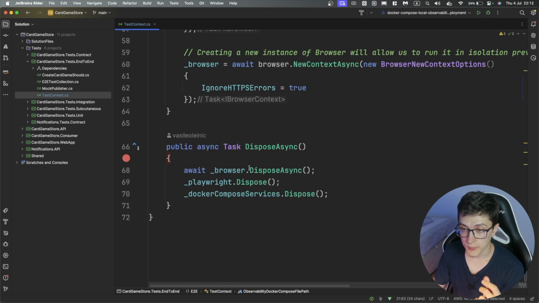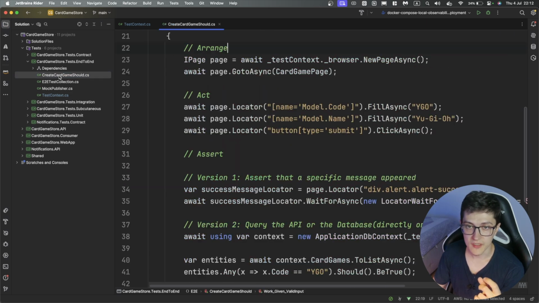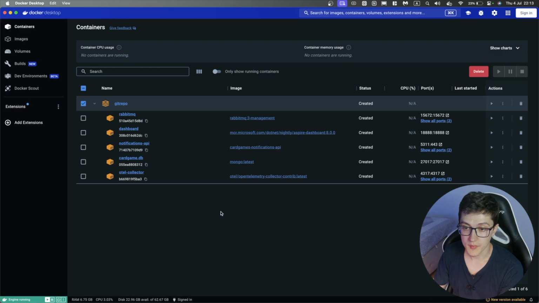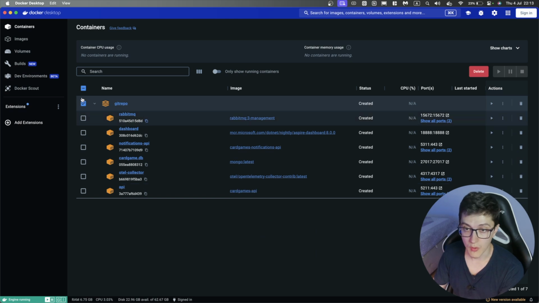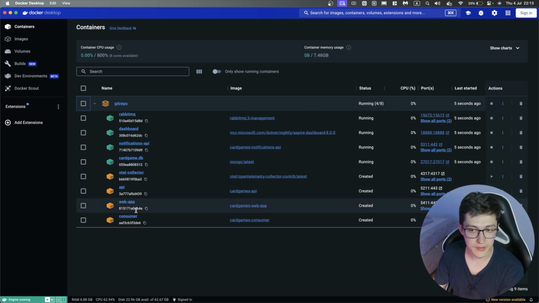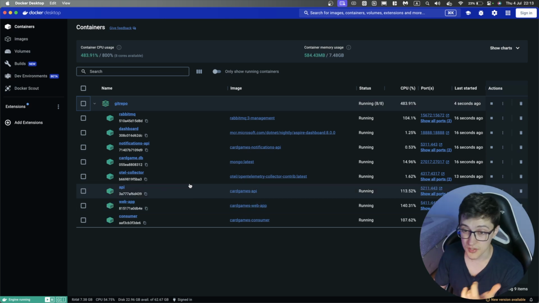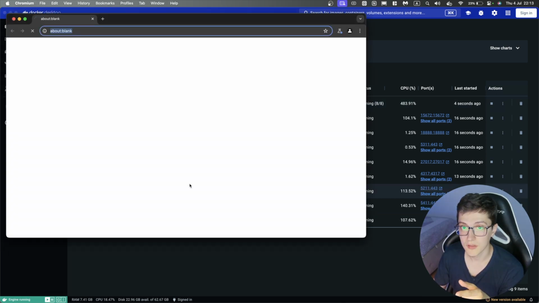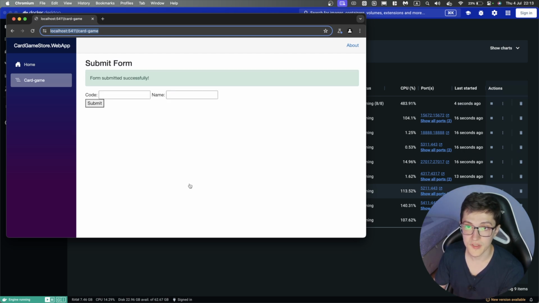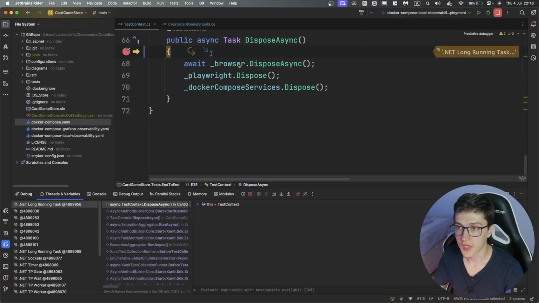So I'm just going to put a breakpoint before DisposeAsync, before the disposal of the container, and debug this specific test, which is going to spin up some containers behind the scenes. So it's spinning up all the infrastructure parts, so RabbitMQ, dashboard, notifications API, card game, and everything else, and running the end-to-end tests via Playwright. It should probably open a browser window over here. As you can see, it's filling in the data, submitting the request, and once the breakpoint has been hit,